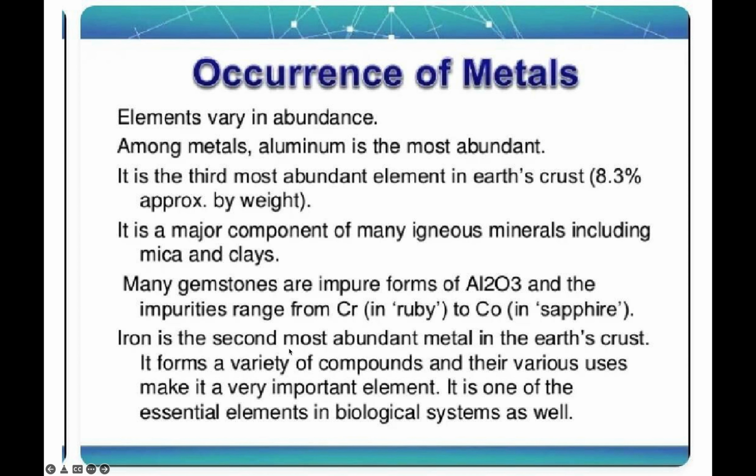Iron is the second most abundant metal in the Earth's crust and forms a variety of compounds, and its various uses make it very important. Iron is also one of the essential elements in biological systems. Okay, now you have understood all these things. Next,